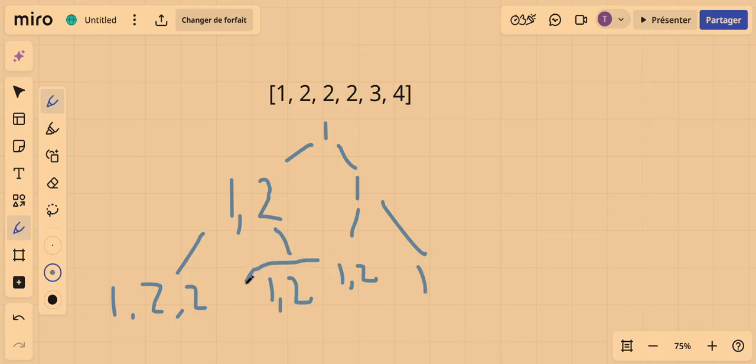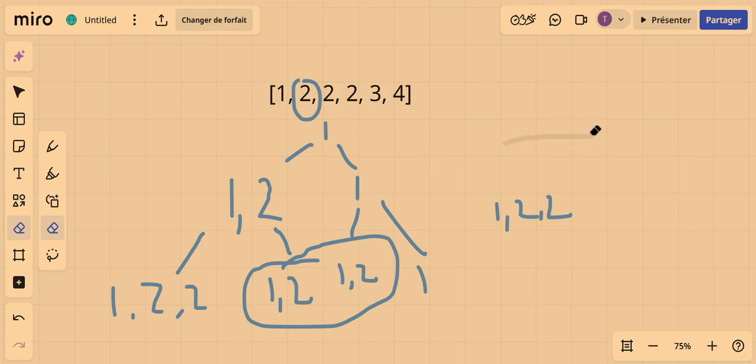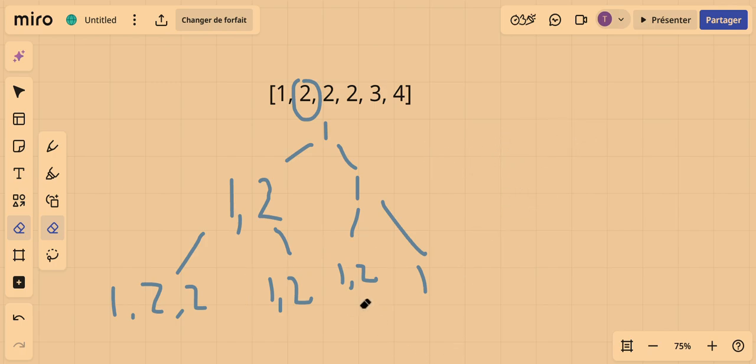But notice that these 2s are exactly the same. So what we are going to have to do is basically, once we add the next value, we want to have in our answers an array that contains the 1 and the 2, 3. So we want to have this. We also want to have an array that contains 1 and 2, 2. But when we are on this specific side, where we decide not to add the 2 at first,